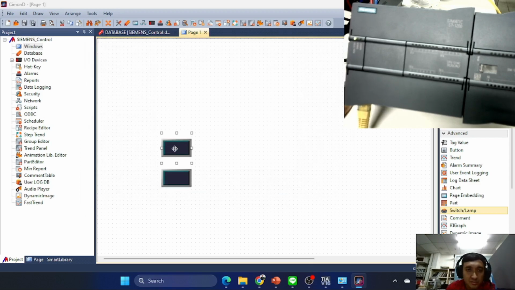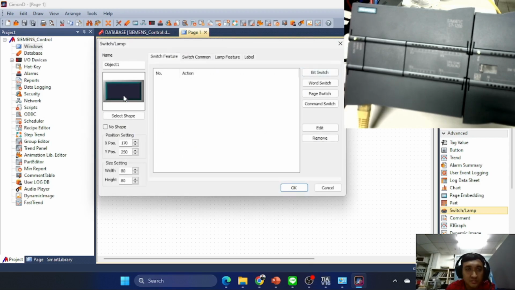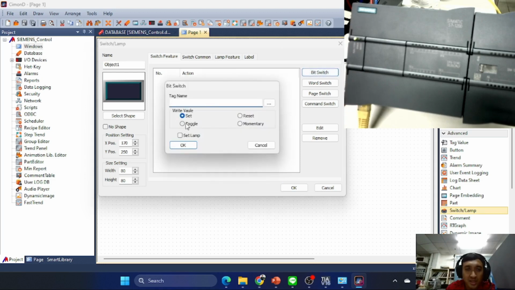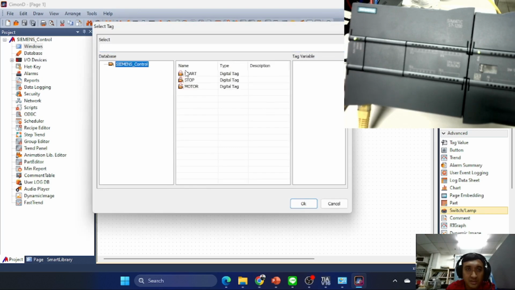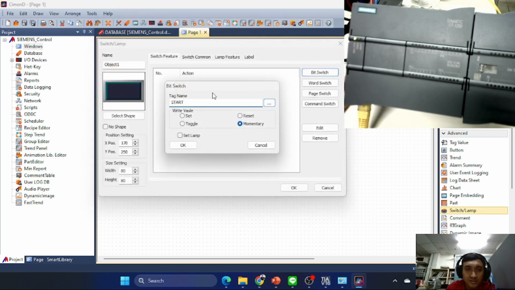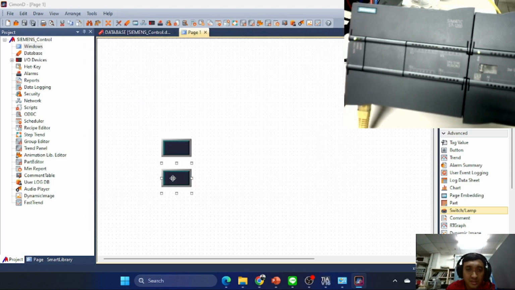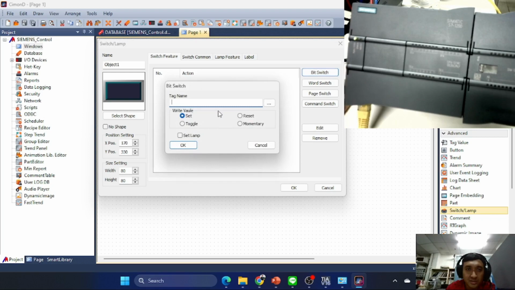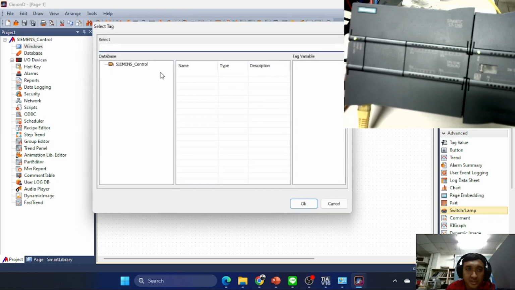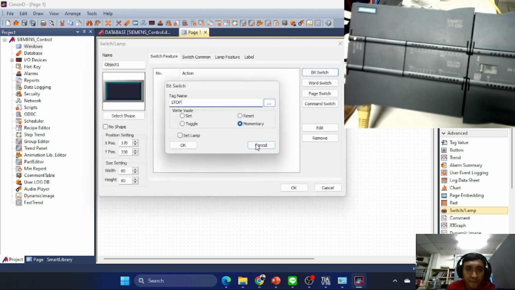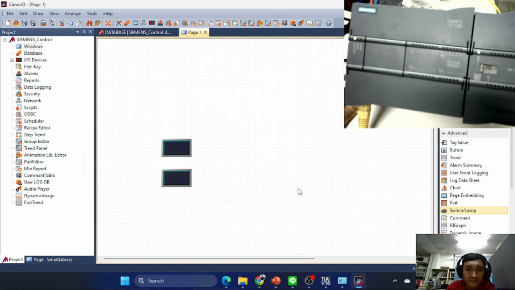Now we need to set the bit switch. I set the momentary with the text start. And this one is bit switch with momentary, the tag is stop. Okay, and I also set the animation.